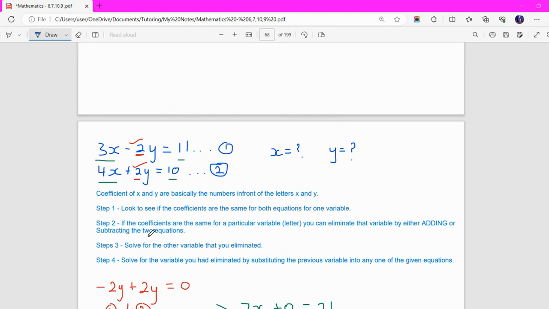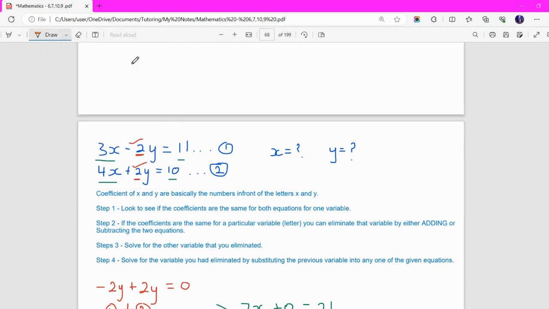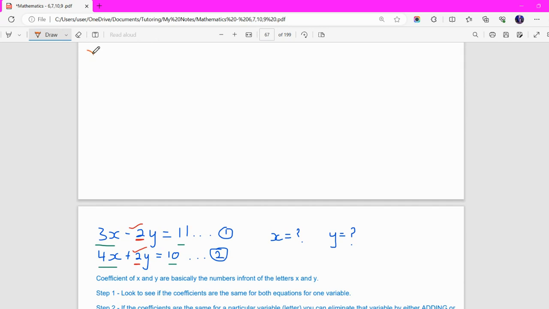Now, the next way to check to make sure your answers are correct is to simply substitute these values into the given equations. So we know that x was 3 and y was negative 1. So we can substitute this into equation 1 and equation 2 and we will get 11 and 10. Once we get 11 and 10, then we know the answers are correct. So this is equation 1: 3 times 3, because x was 3, minus 2 times y, which is minus 1,